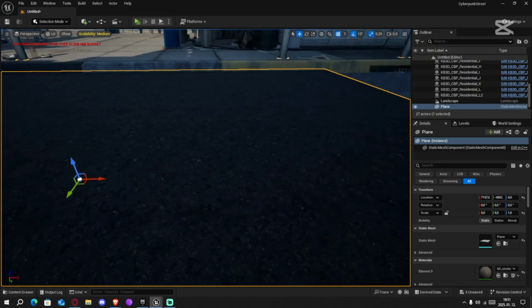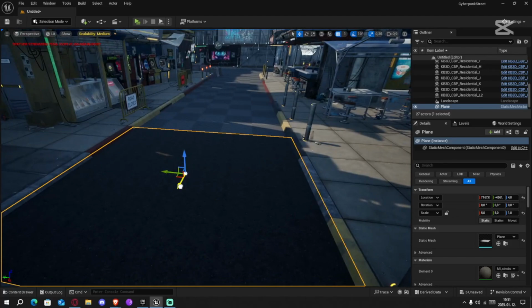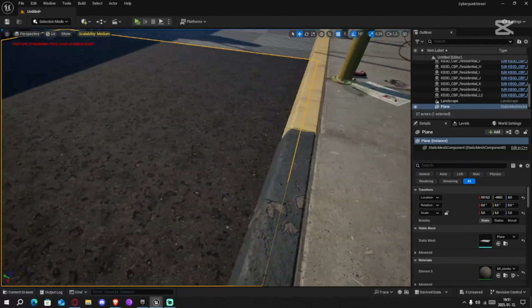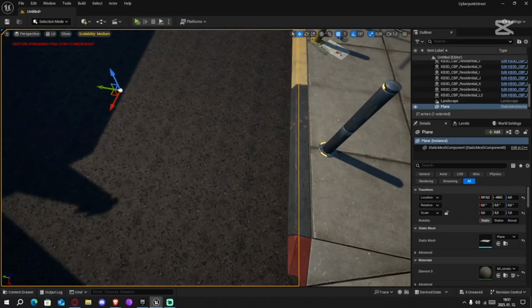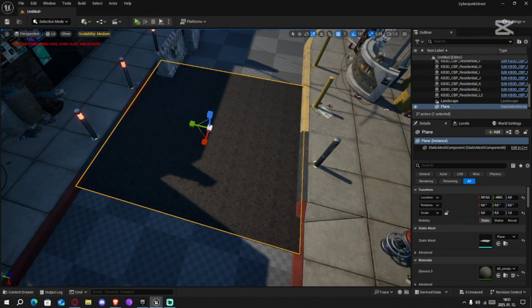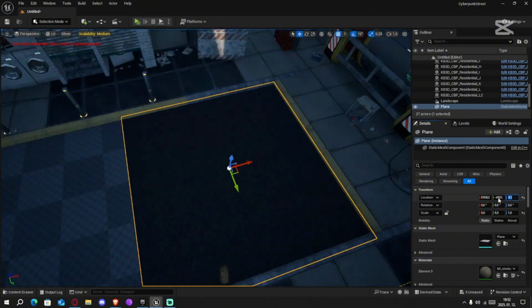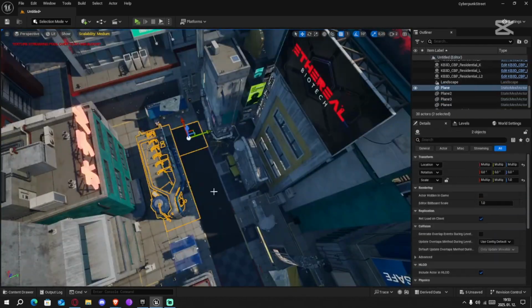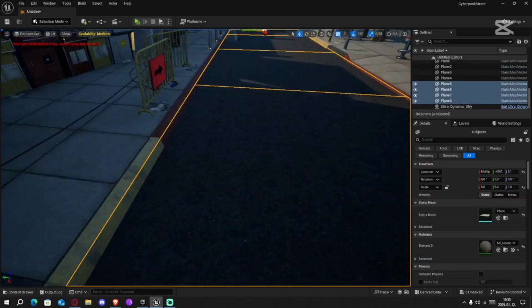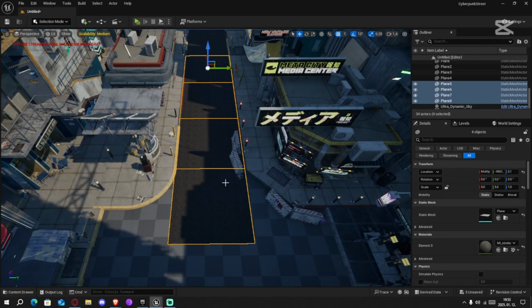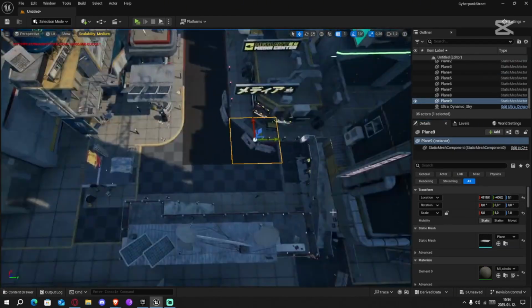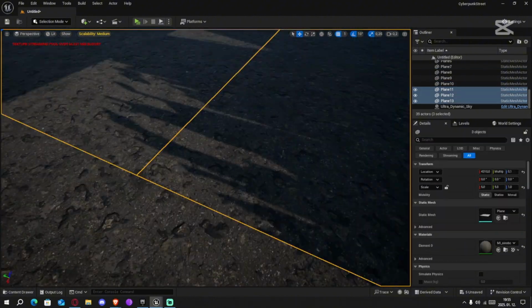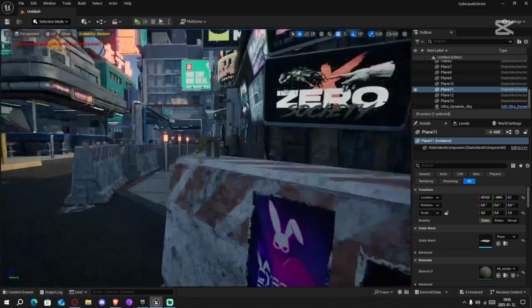So you are going to place these planes to make your road. Okay, as you can see, I am finished with the road,